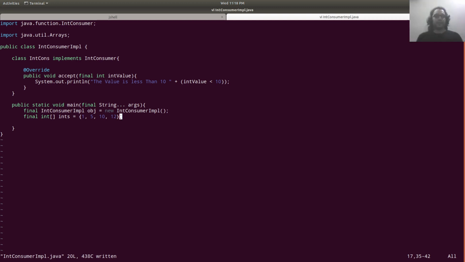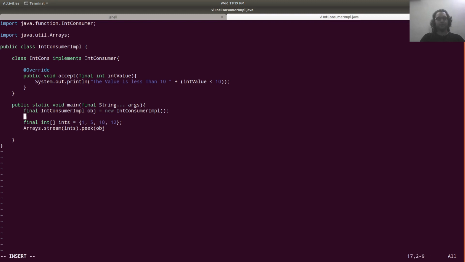I will create a stream from this integer array. Stream ints dot peek obj. final IntConsumer cons is equal to new.